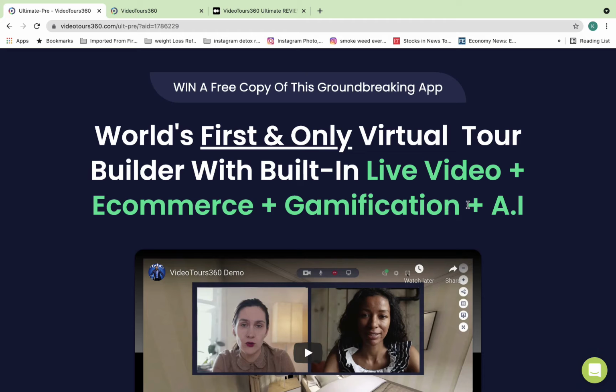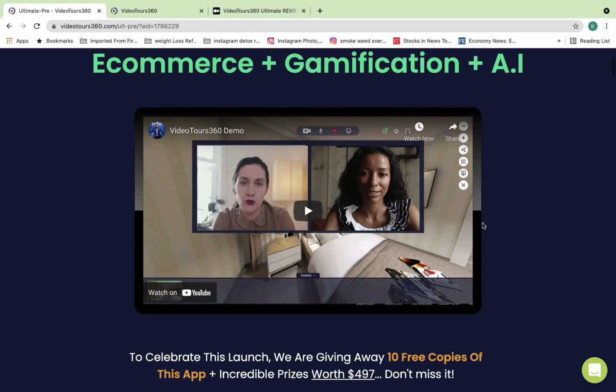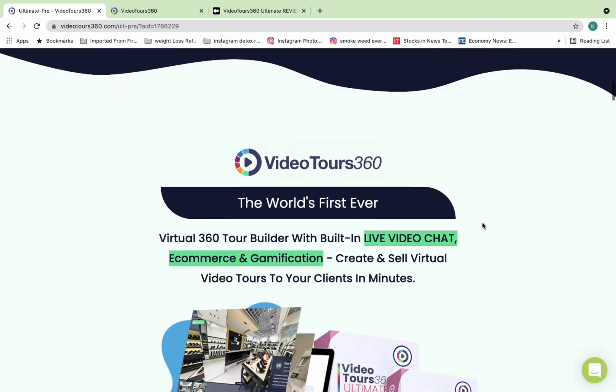Plus, this tool also has AI built in, which means this software is going to track your customers' behavioral patterns and act accordingly in future. Now let's move on further and know more about this software.